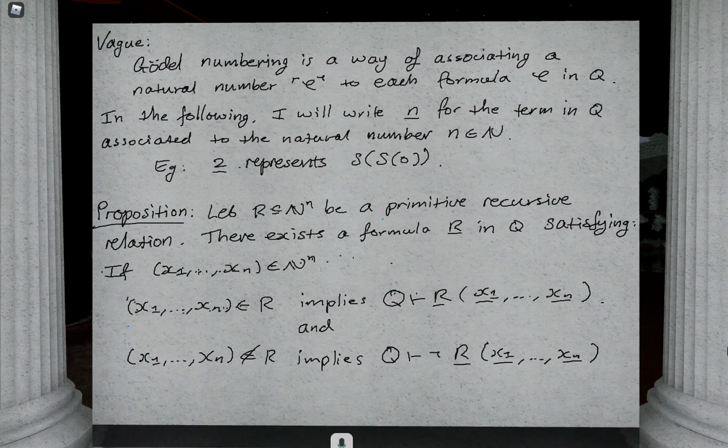Cool. Makes sense. Yeah, and I'm really realizing even if you took away this second line, it wouldn't be weak representability. No, it wouldn't. Because without this second line, this is unsurprising because you can just make R underline be a tautology formula, because then it's always true that Q proves it. But yeah, okay, agreed. So this is the important part. Yeah, the second part is what makes it non-trivial, as you just said.